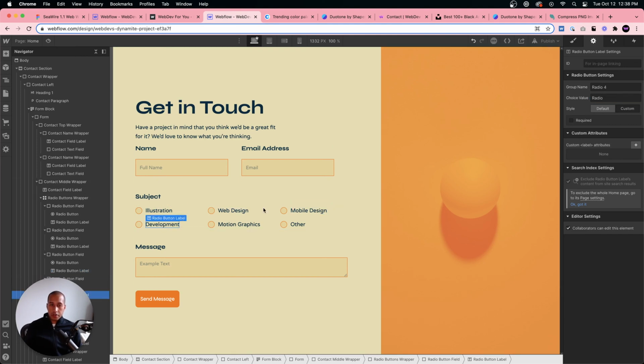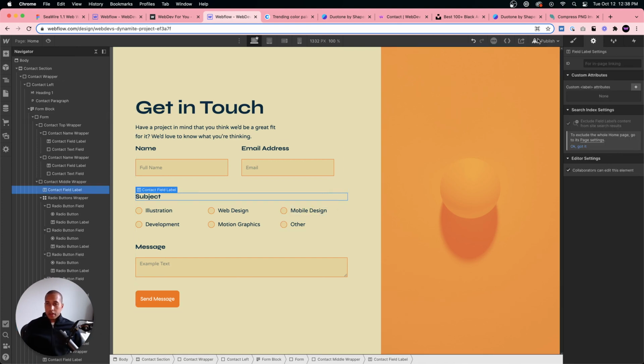And this will make sure that it'll show up correctly on your form. So the group name is radio. Choice value here is development. Radio. And this is motion graphics. This is radio and other. Cool. So let's publish it.